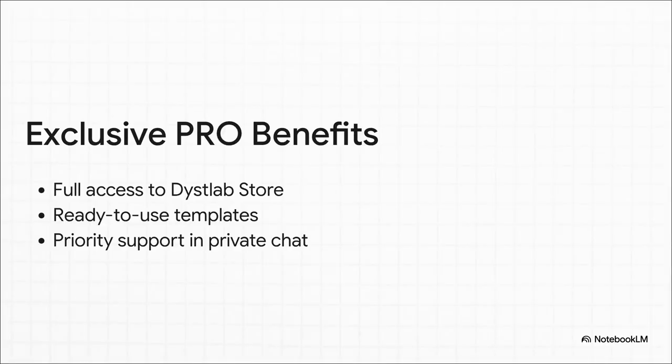And what's this $30 all about? Well, Pro gets rid of the friction of using modern AI tools. It comes with a ready-to-use API key and a $30 credit for Claude.ai, so you can start generating text, brainstorming ideas, and drafting reports immediately with absolutely zero setup time. Pro users also get exclusive access to professional solutions in the Dystlab store. But honestly, maybe the most valuable perk is the priority support. Just imagine, you're on a tight deadline, you hit a wall, and you can message the developers directly in a private chat. That kind of access is absolutely invaluable.